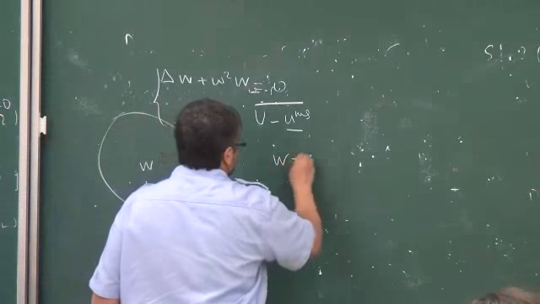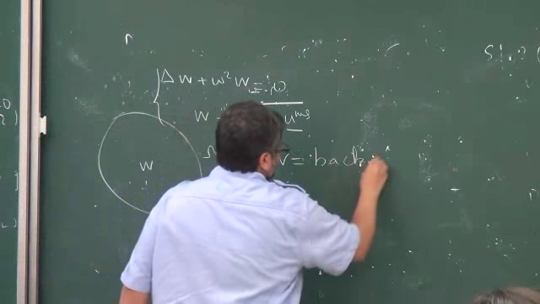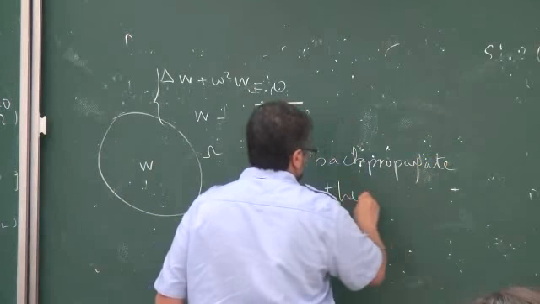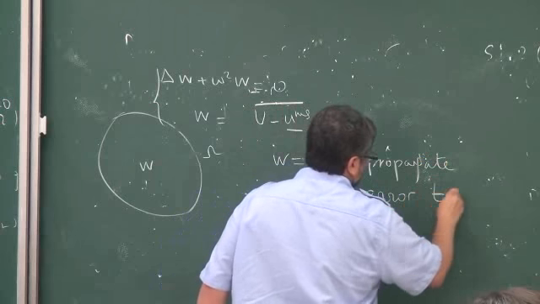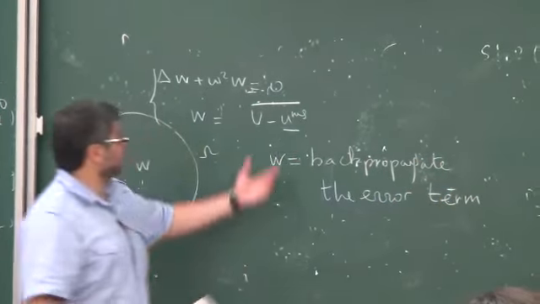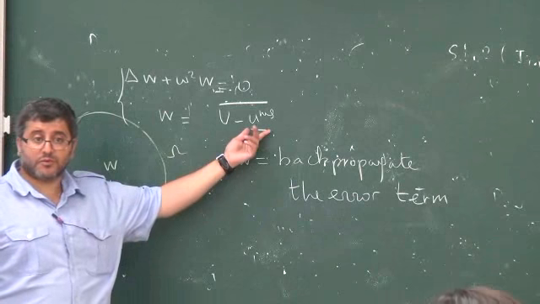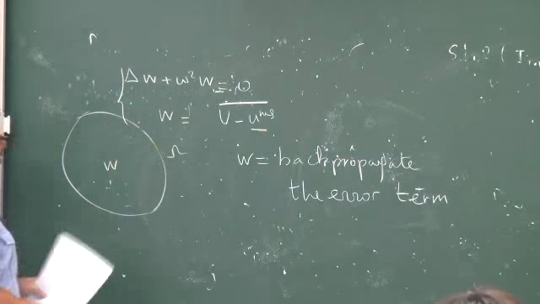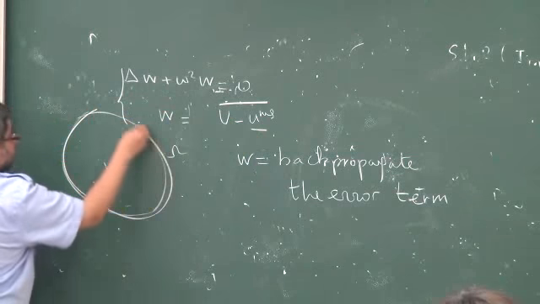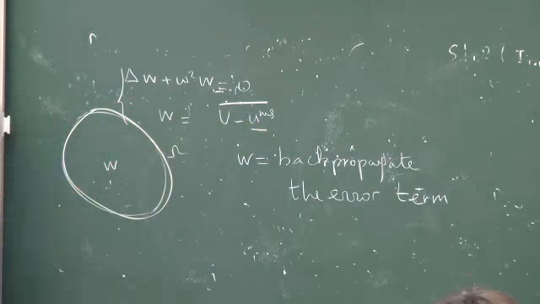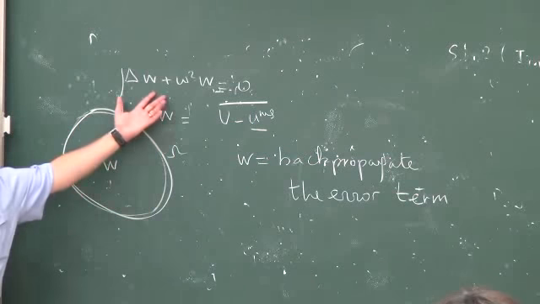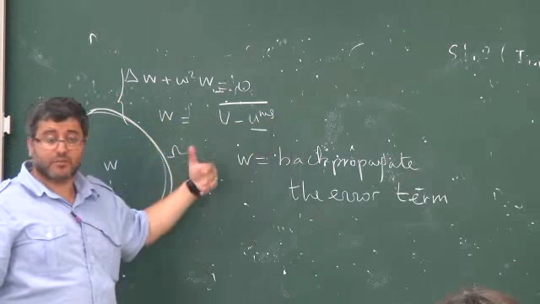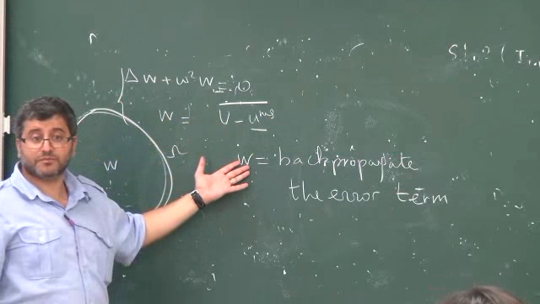W is the back propagation of the error term. This is the error, the difference between your U measurement and the background solution. You solve the equation, so measurements are here. You don't know U measurements inside, but you can back propagate by solving the equation with just the bar on the data. You back propagate, you find W.